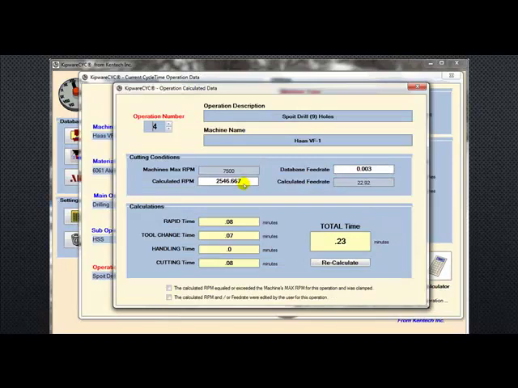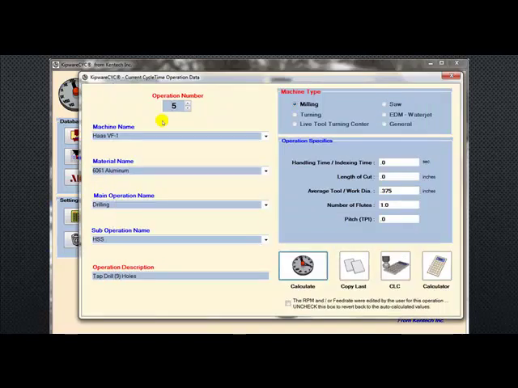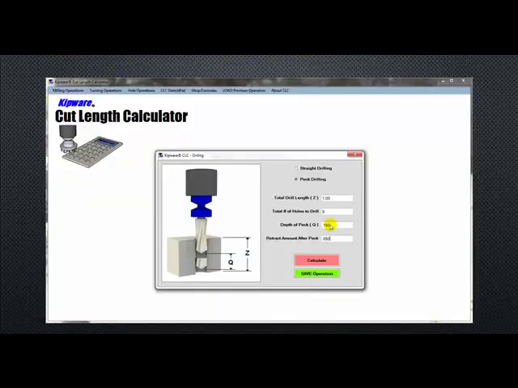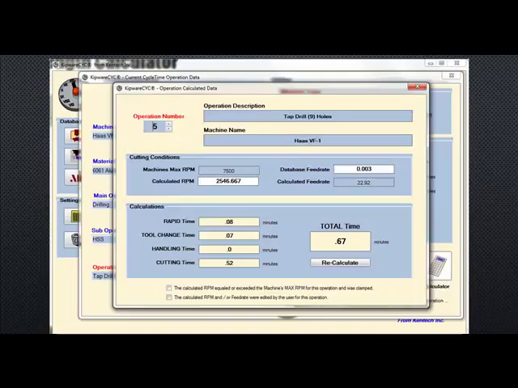Software will go through now and calculate the speeds and feeds for drilling, and 0.23 minutes to spot drill the 9 holes. Operation number 5 is the tap drilling operation. Here we'll use the cut length calculator to determine the length of cut. We'll use a peck drilling operation and describe the specifics of the hole that we want to drill. Get the length of cut, input it into the form, and then calculate the cycle time for the drilling of